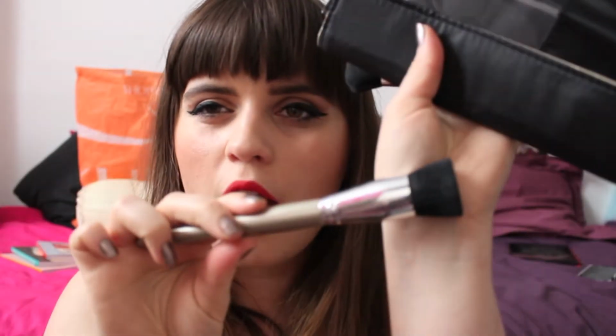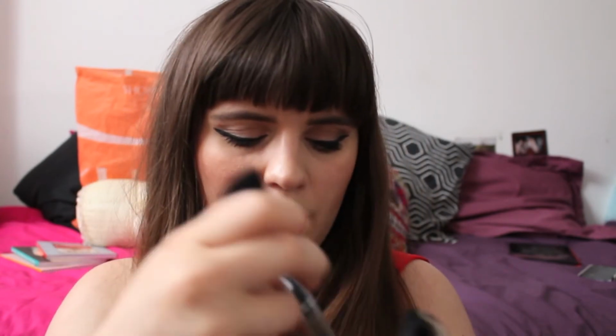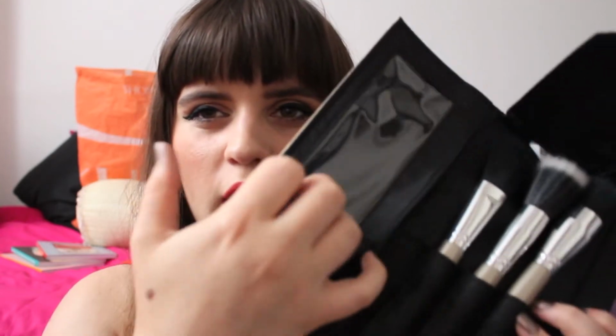It also comes with this other buffer brush like this as well, which I think could be quite nice for both powder foundations and standard ones as well. I kind of got it for these two, I'll be perfectly honest, because I have quite a few angled contour brushes. I find it really odd that they called it a contour set, but hey, I'm not complaining. And they've also got space for other bits here as well if you just wanted to take the